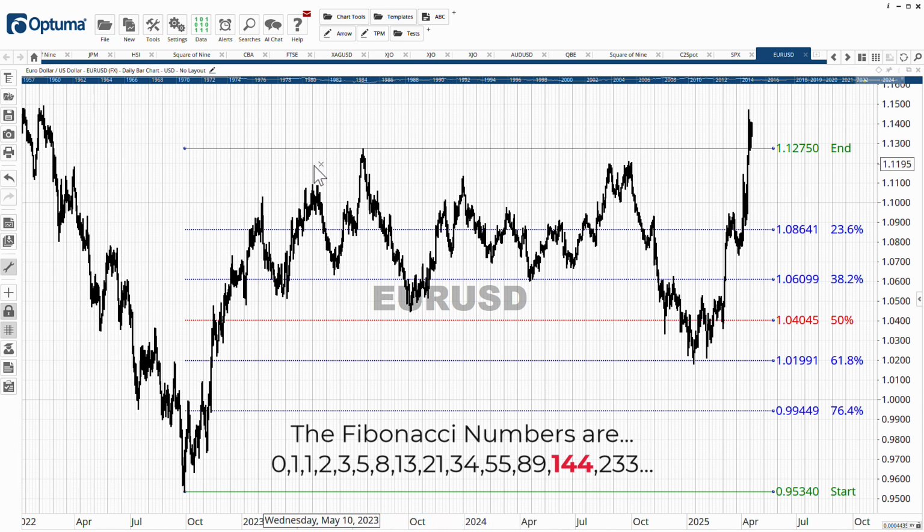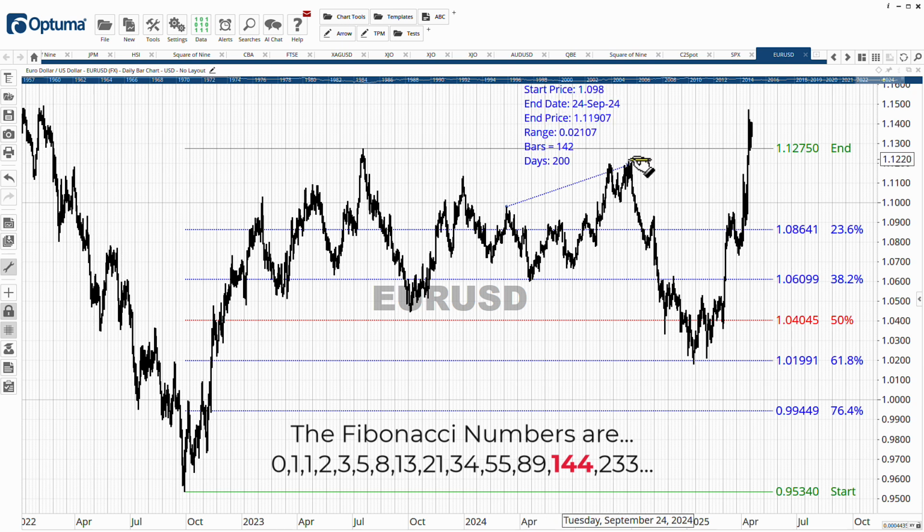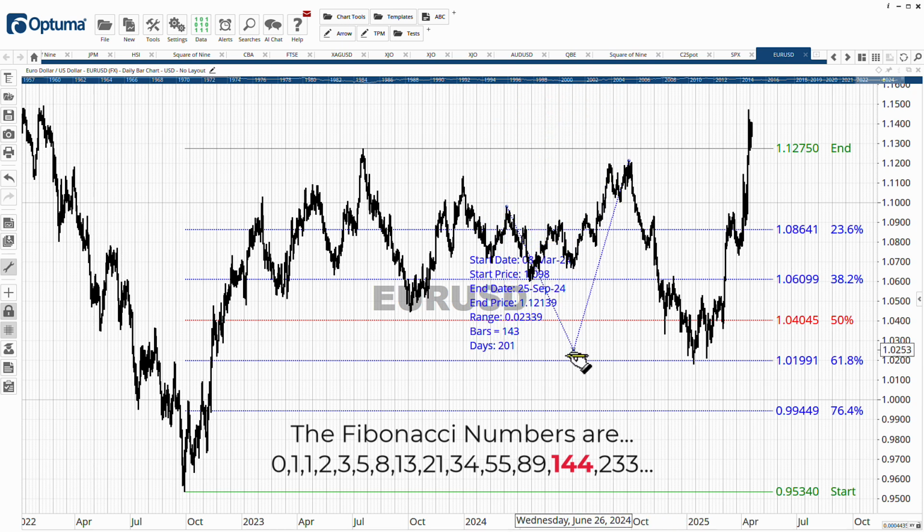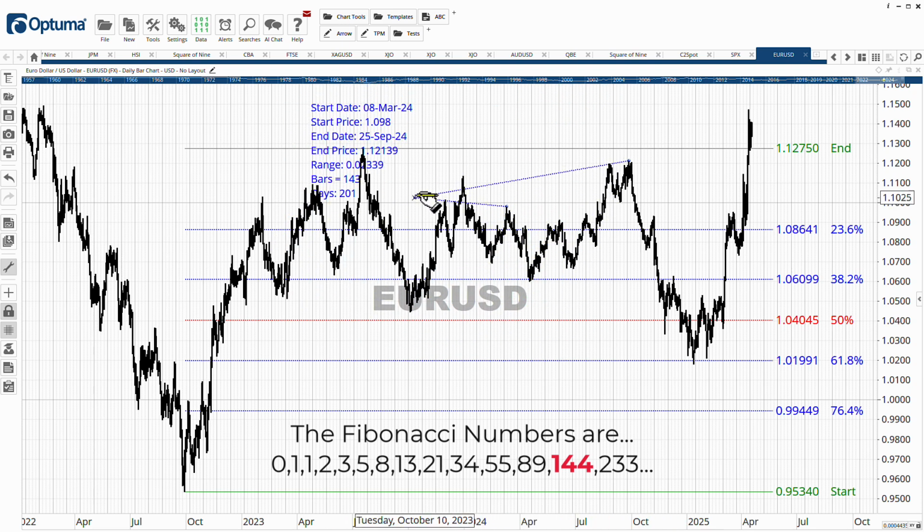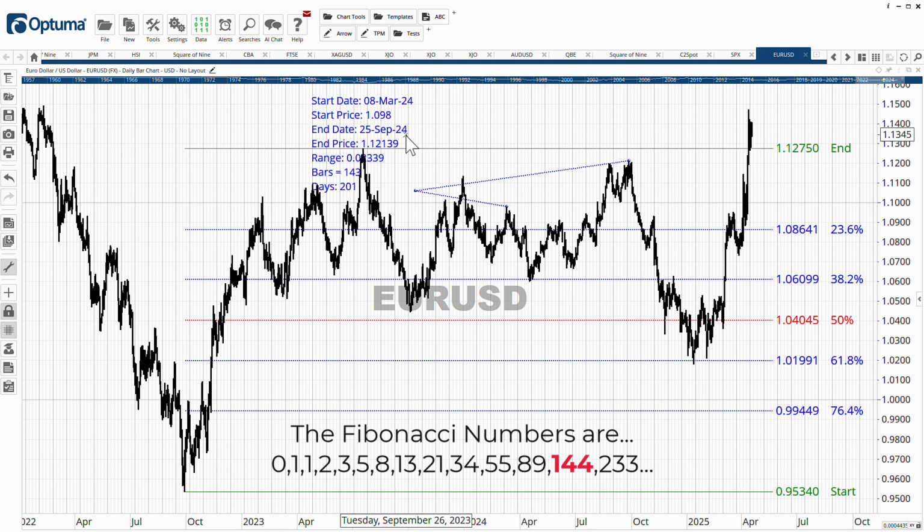He just kept time counts from major tops and major bottoms and then looked for the distance in time from those starting points. Now, let's just give you a couple of quick examples. If we take a time factor from this significant top, which occurred March 8, 2024, and if we run that across to the next major peak, and as you can see, that peak occurred the 25th of September 2024, and the distance between them,